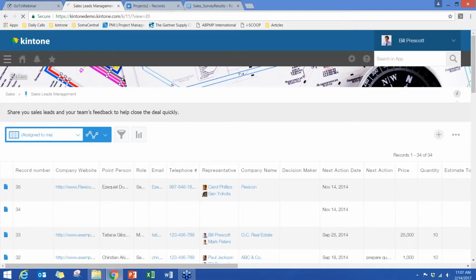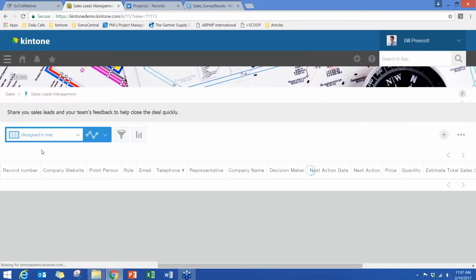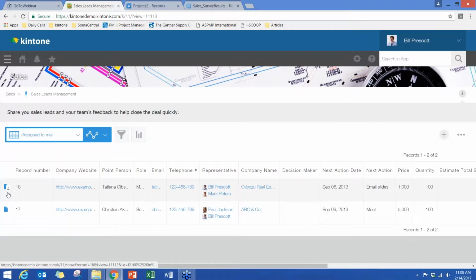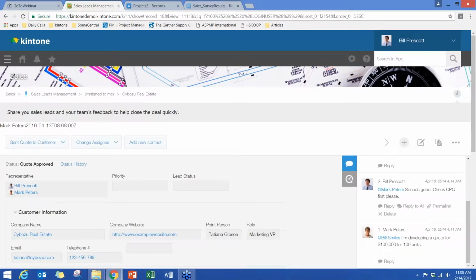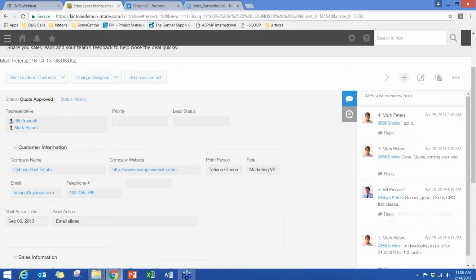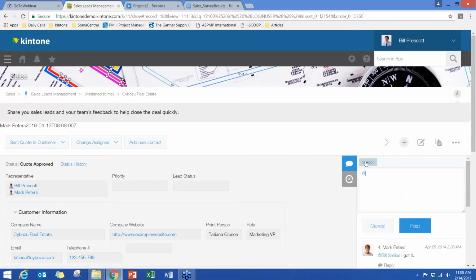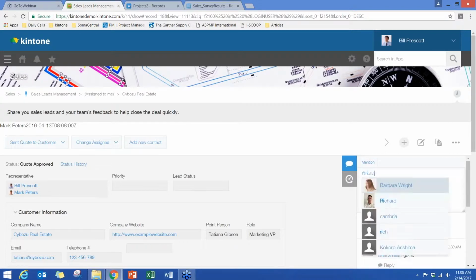I'm going to go back to the assigned to me and point out our commenting features. You see there's a number 4 on the left side in front of the record. If I click on this record in this application, you'll notice that there are 4 comments in the commenting bar. Now, what's great about commenting is they're live. So if you mention someone, like I'm going to do right now,